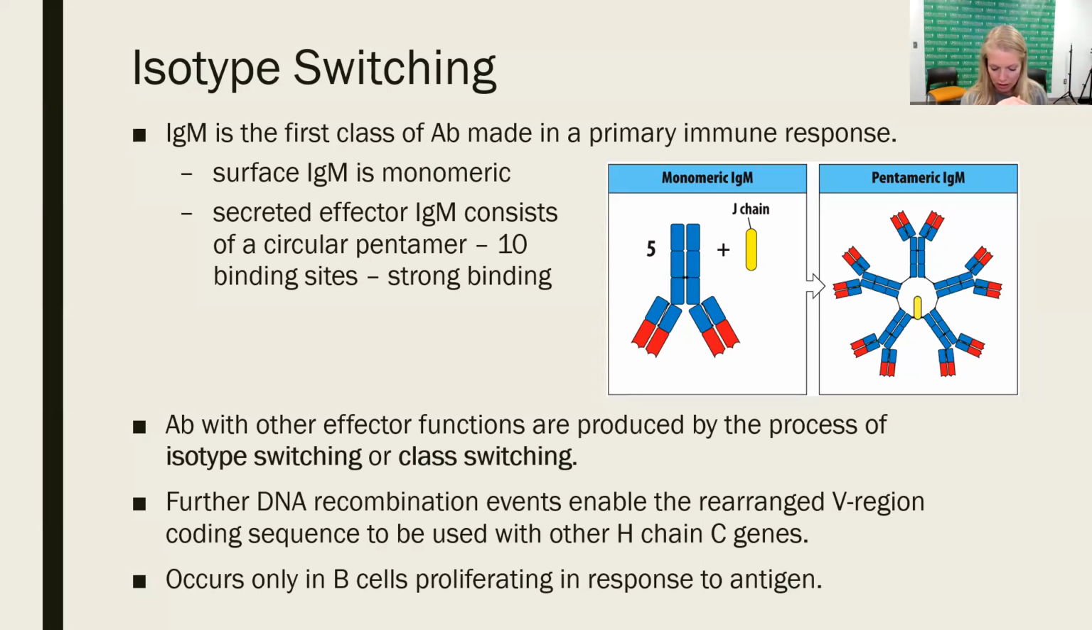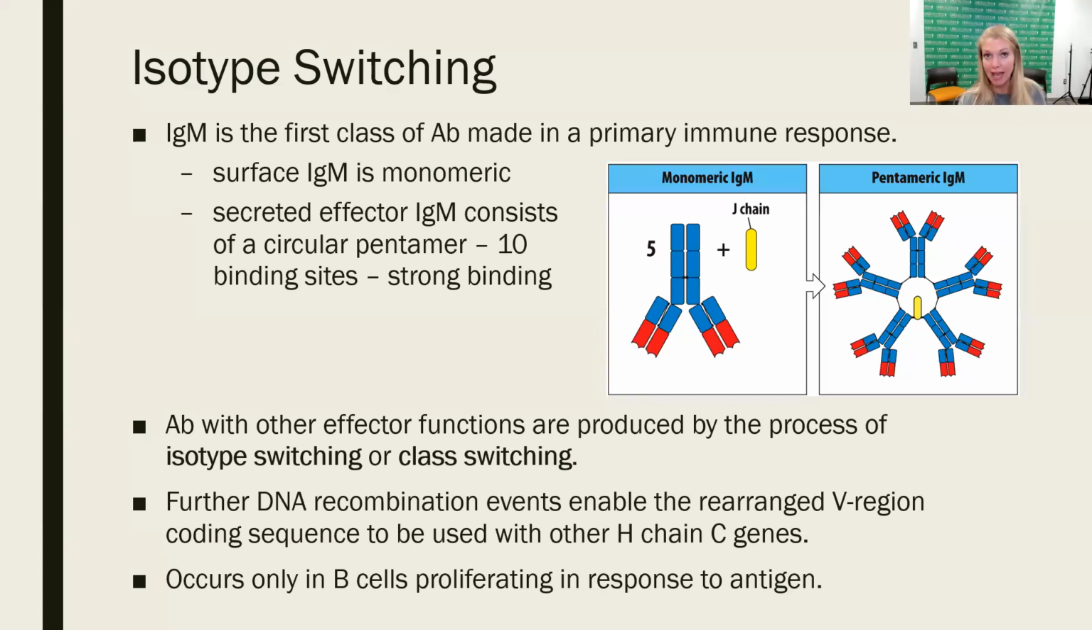And those are moved to the surface of a naive B cell, and it can have IgM or IgD on its surface. But IgM and IgD, although they're the first, they're actually not the best. When an immune response is occurring, they're good to begin with, like we need something out there right away. But once those